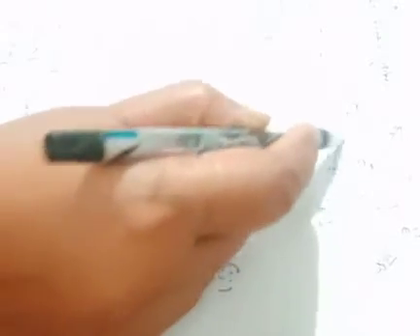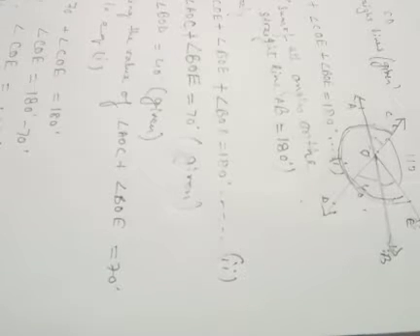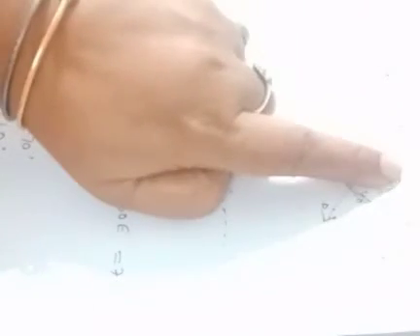And you have to find the reflex angle COE. This much is the reflex angle. Any angle greater than 180 degree but less than 360 degree is called a reflex angle. So if angle COE is given as 110, then what is the reflex angle COE? You have to subtract 110 from the 360 degree, then only you can get the reflex angle COE.